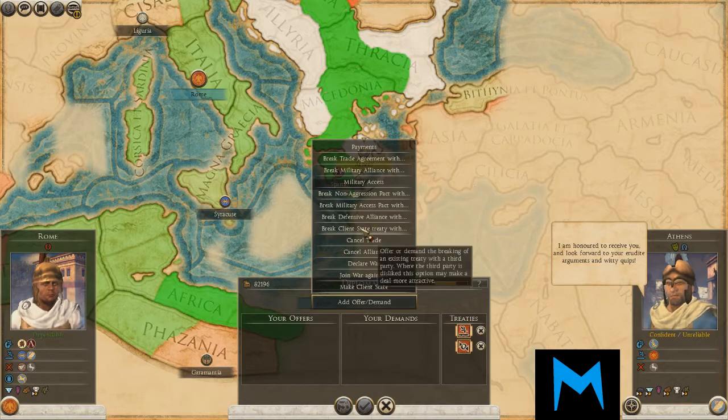Now, Athens is a client state of us. Now, what does that mean? Wait, no, he's not. They're not. No, they're not. Okay. Well, if we had any of this, which we only have a trade agreement and looks like military alliance, but